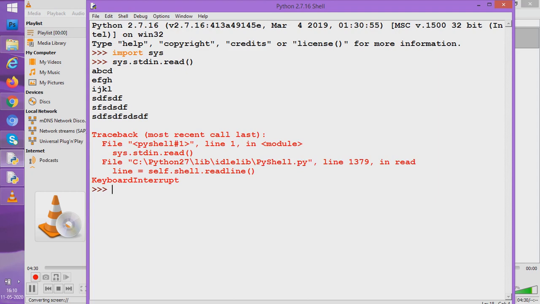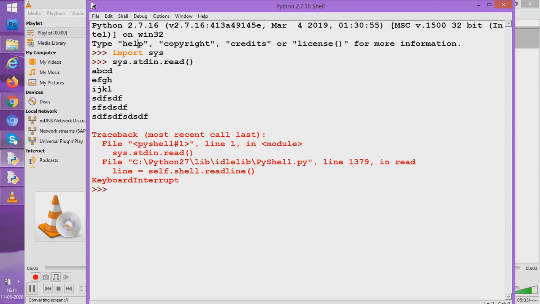So did you see, students, how sys.stdin.read helps Python read from the keyboard? The keyboard is being used like a file. Why do I say that? Because for a file we use the read function to read. We had used f.read. Now I am using sys.stdin.read. Sys means from the system. Stdin means which part of the system? The keyboard, read from it. This is how the keyboard is also considered to be a file.